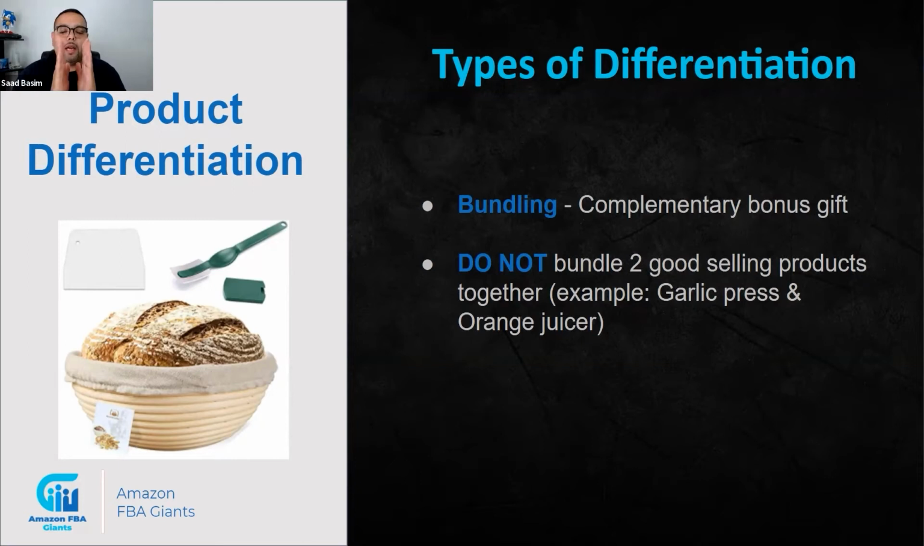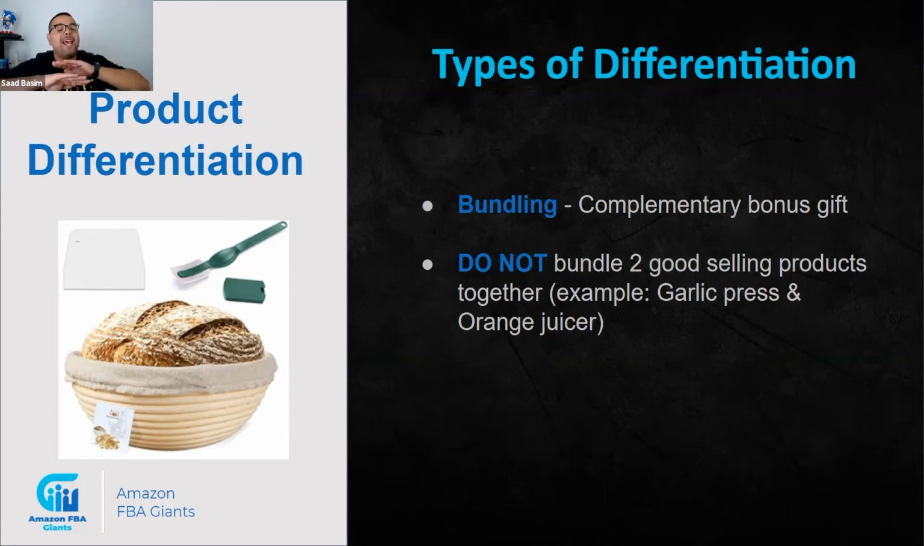Now, if I want to sell a garlic press, do not say, hey, garlic press, orange juicer, they're the same, both are selling very well, let me put them together and sell it. You're making a big mistake. Why? Because the products have different kinds of keywords that target each one, which is going to affect your indexing, your PPC,